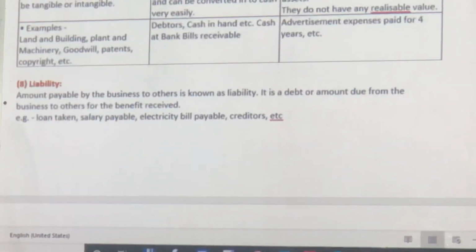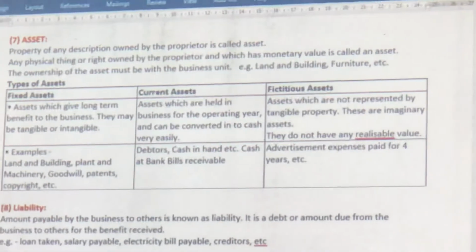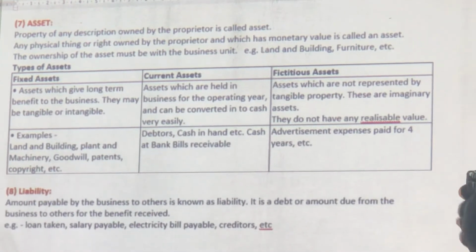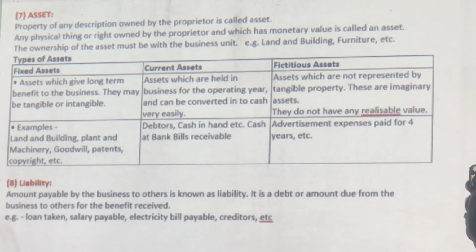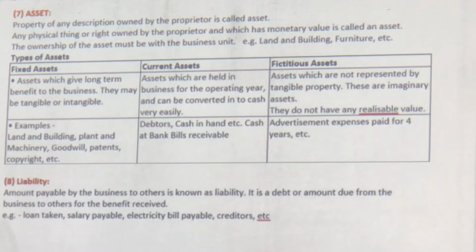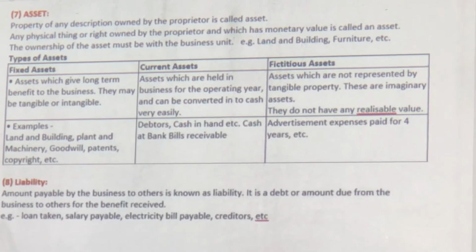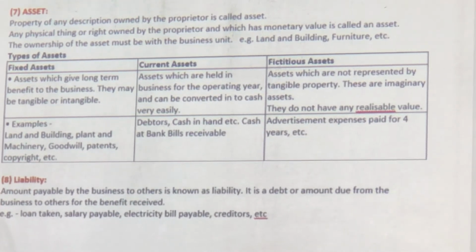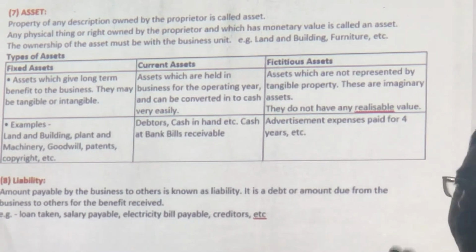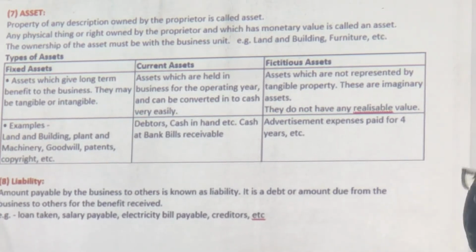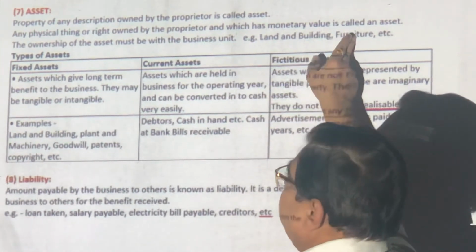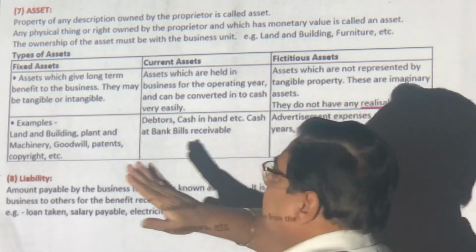Asset. Now, every time we can't say good, capital, so we talk of assets. Assets are properties which the owner owns. And they are physical things or rights. Like I am the singer, so the song is my asset. I don't have to pay myself, but I can charge myself in the book of account saying that I will give you this song, you have to pay me this much to run. Okay? Even if you play in the weddings, you have to pay a license fee now for the songs. Okay? Land, building, furniture are common examples of assets.